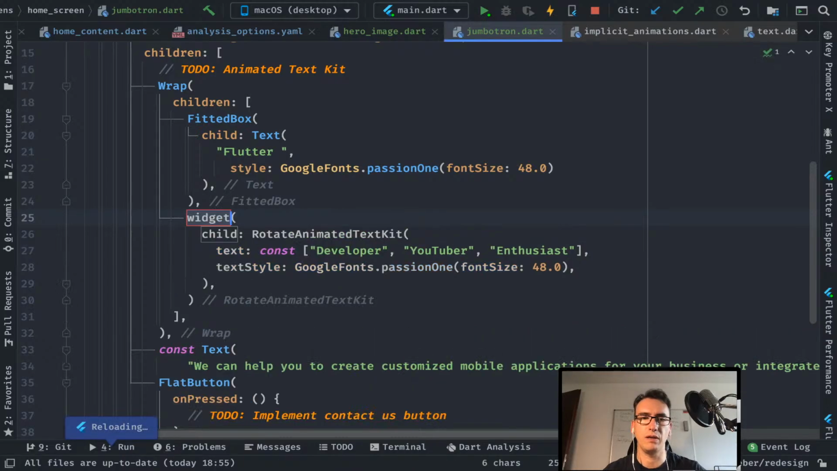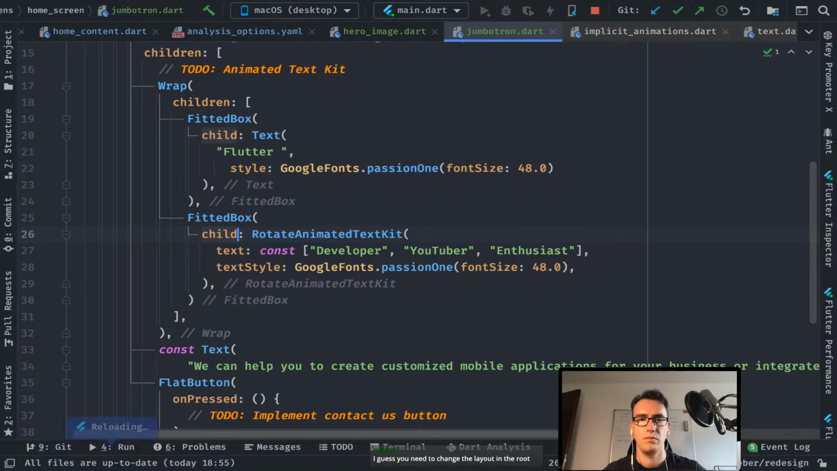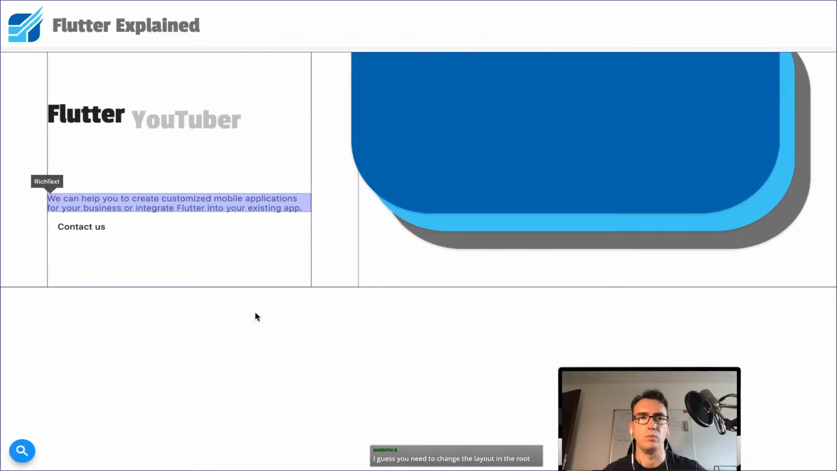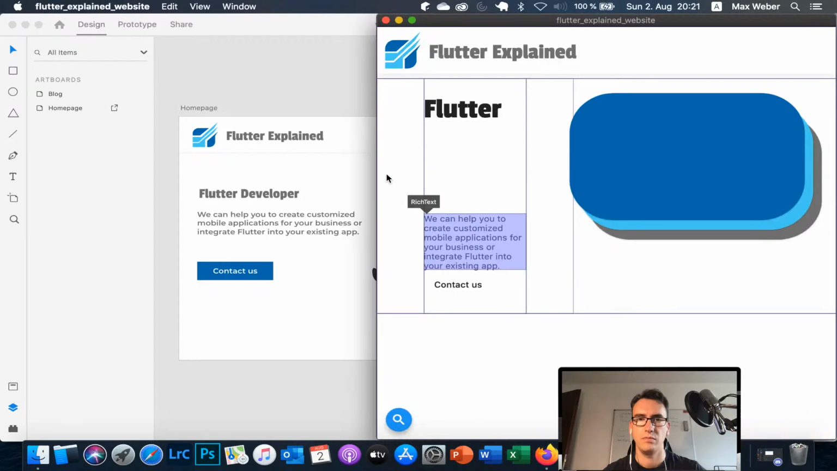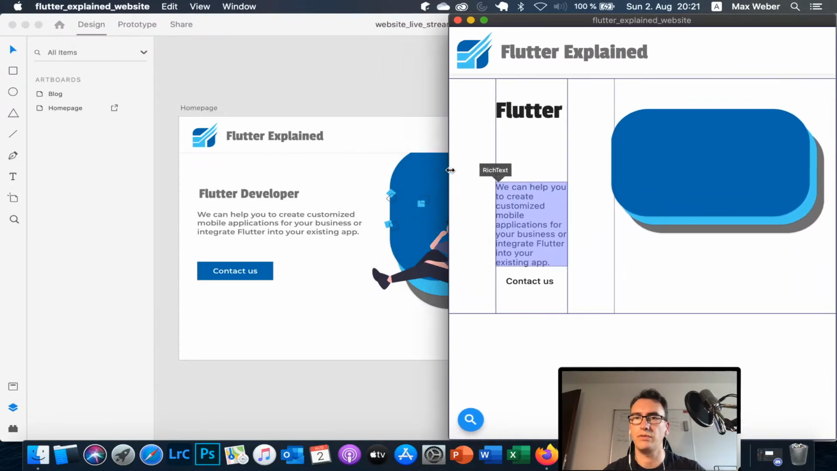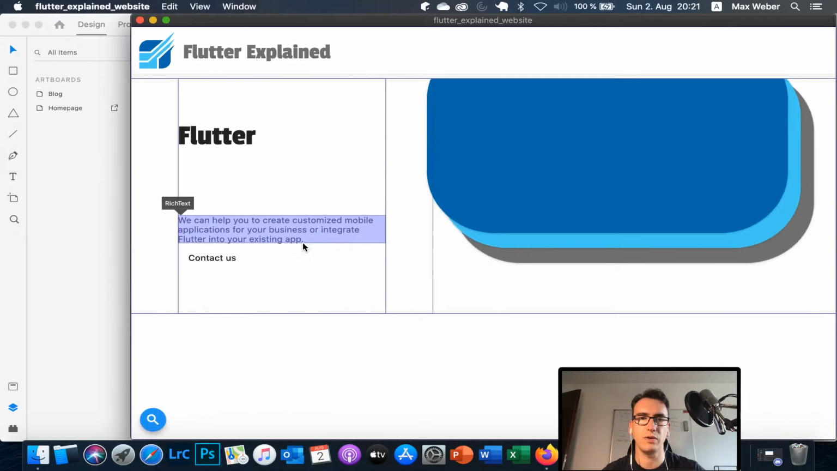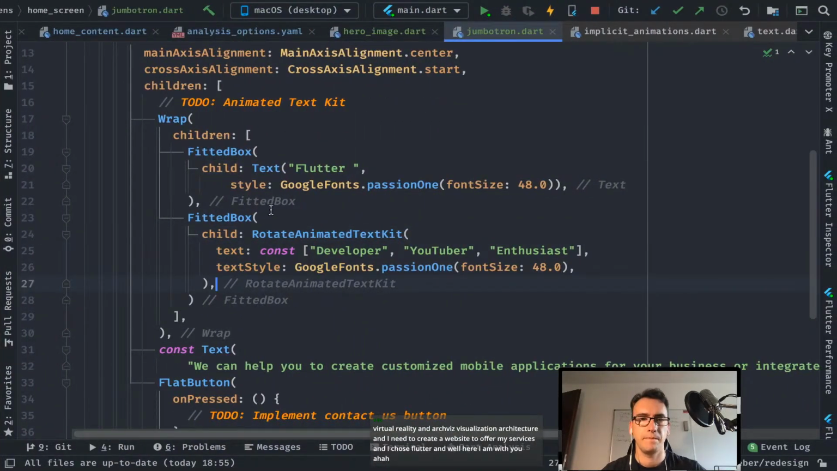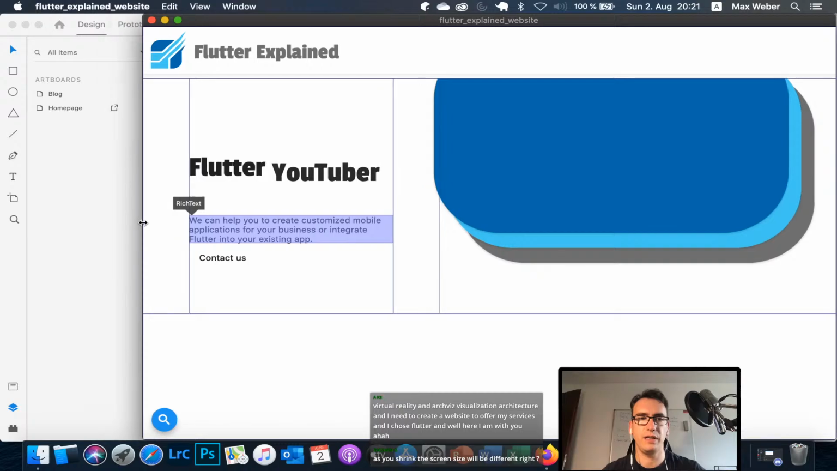But with the wrap it could be weird. Let's see. Fitted box, is that working? No, not really. I need to change the layout in the root. Now it's working. So fitted is pretty good. The only thing is currently I'm using that wrapped, so it seems that it's going underneath. So if I'm changing that back to a row, it would look like this. And if we now make it smaller,